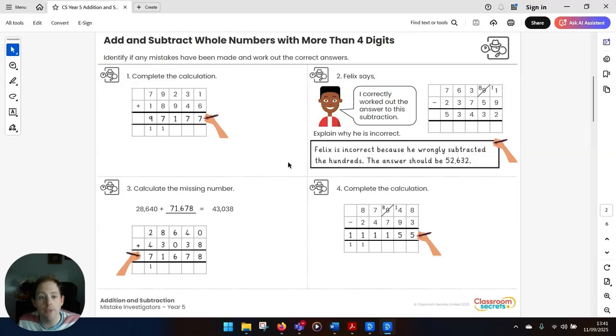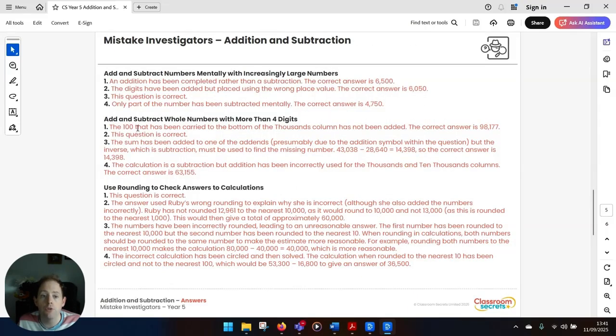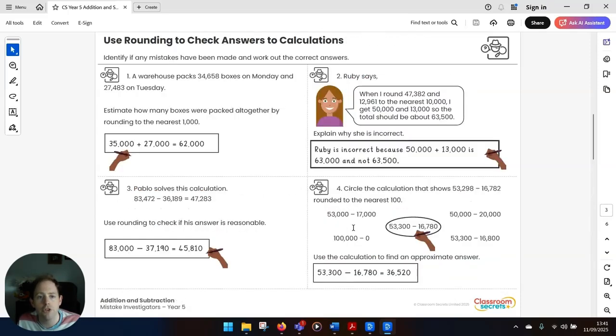If I double check the answer sheet, the 100 that's been carried at the bottom of the thousands column, because it's been carried as 100 because there are too many hundreds in that column, hasn't been added. The correct answer is 98,177. Really important to point that out, that the correct answer is given each time to again make marking straightforward for you. If I go back to the sheet,